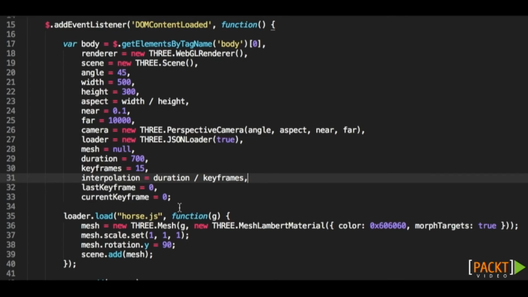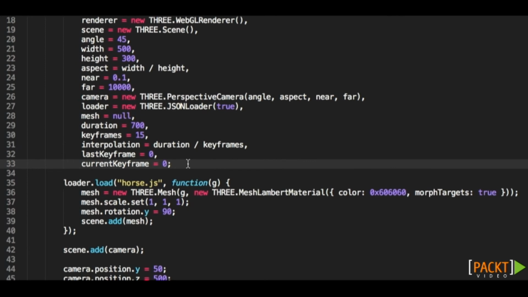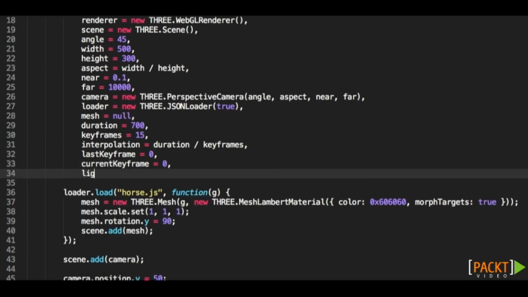Why is it black? Well, because it's not being illuminated by any light sources. So we need to create a new light source. Luckily for us, that's very easy. Let's create a new light variable, new THREE.DirectionalLight,